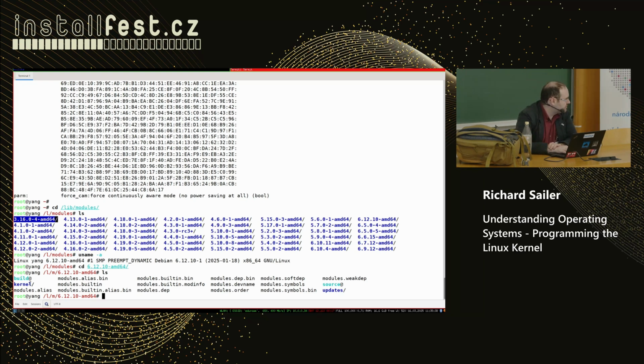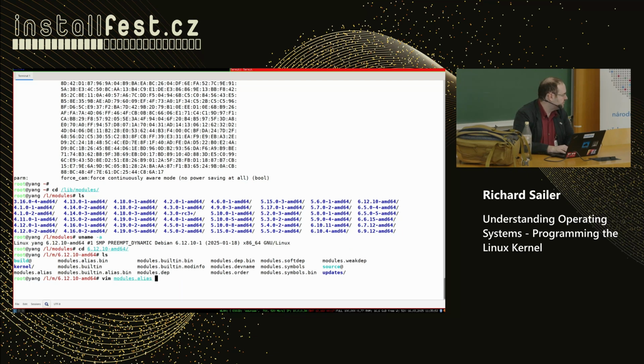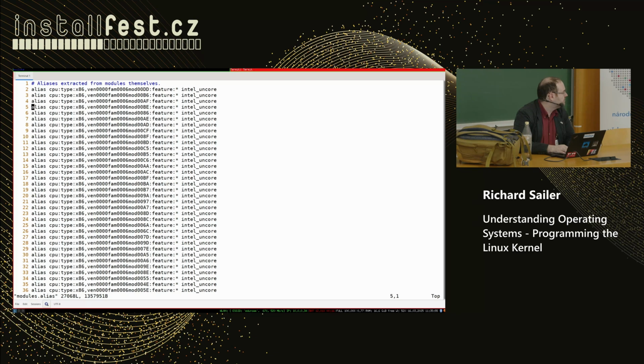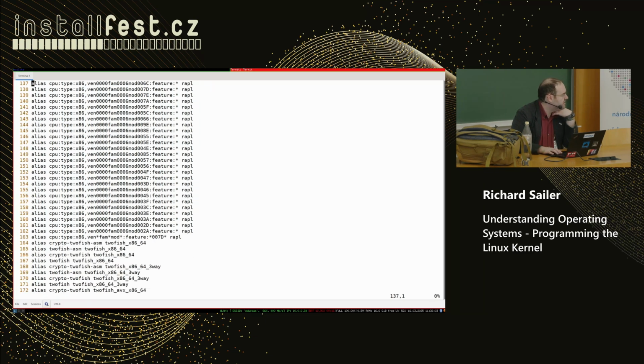So we have this kernel folder, that's where all the actual modules are living inside. And we also have this modules.alias file. So that is kind of interesting because, and relevant, if we look there we have the file name of a specific kernel module, and there we have this long modalias string for every file basically.